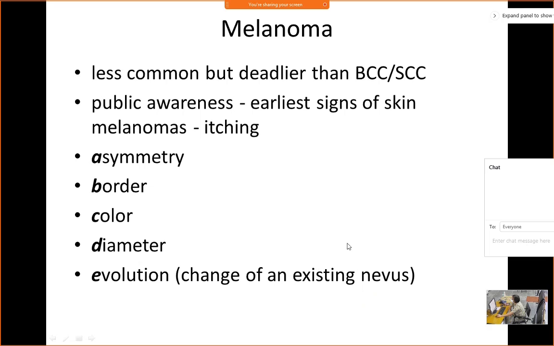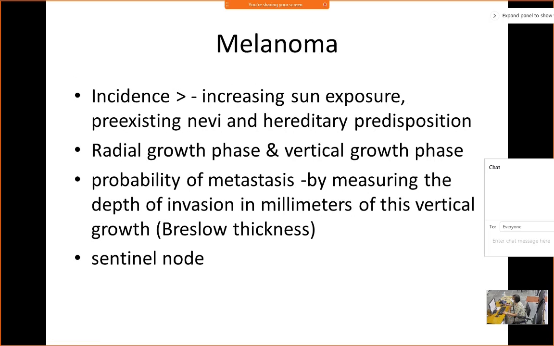Then these are earlier signs of skin melanomas, and they start to itch also. So this is very important. If public awareness is given, they can come to the hospital earlier and get it surgically removed so that it doesn't become a malignant melanoma. Because melanomas are known to invade vertically, they go deep into the skin, unlike basal cell carcinomas. Basal cell carcinomas do not invade, that's why they don't go to the lymph nodes early. But malignant melanomas invade very rapidly and they go rapidly to the lymph nodes too.